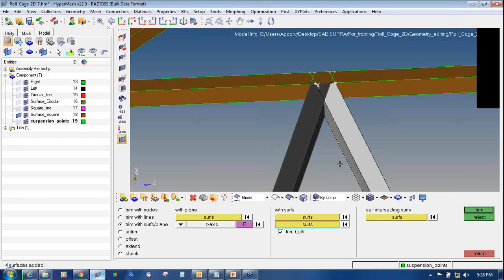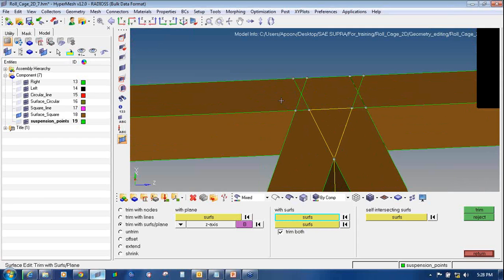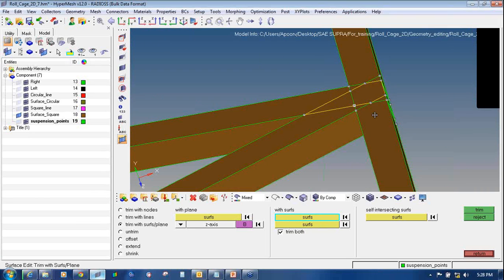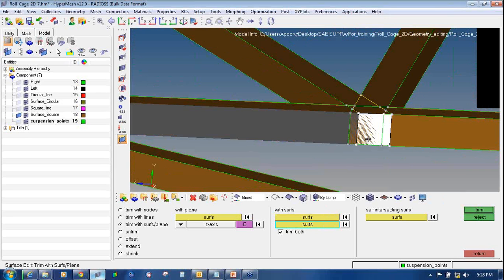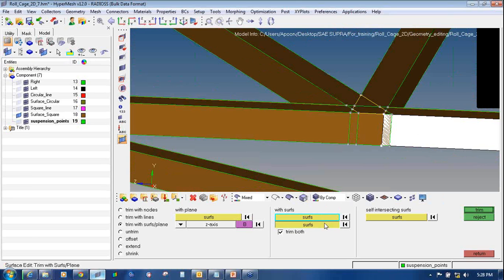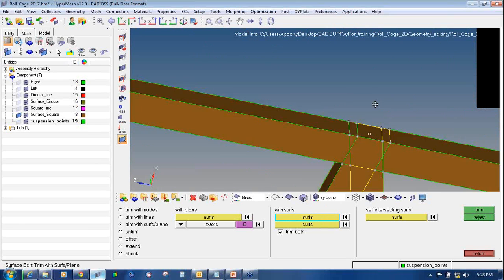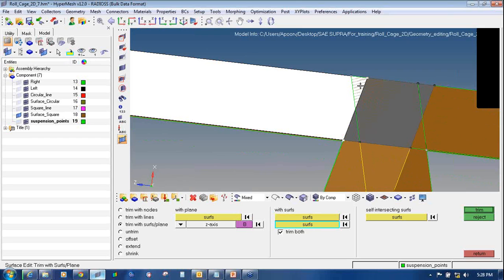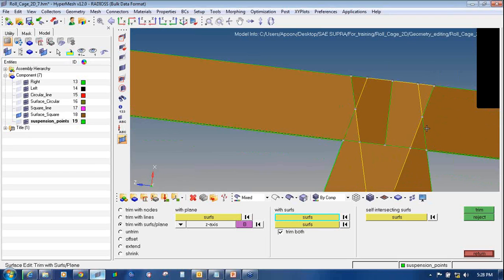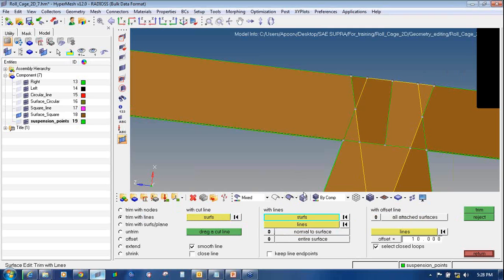This one, trim. Similarly trim this with this, trim this with this, and this one with this. Trim this surface with this, and this one with, or you can just use surface line,